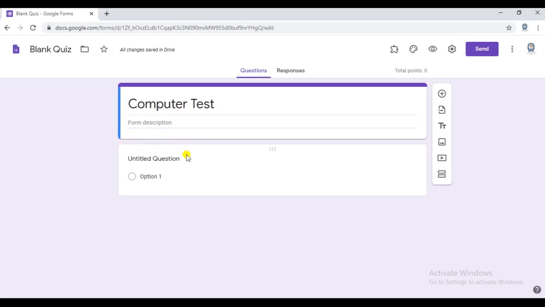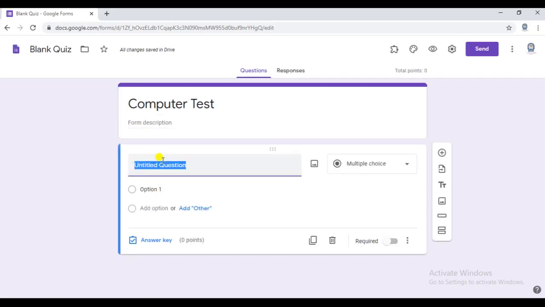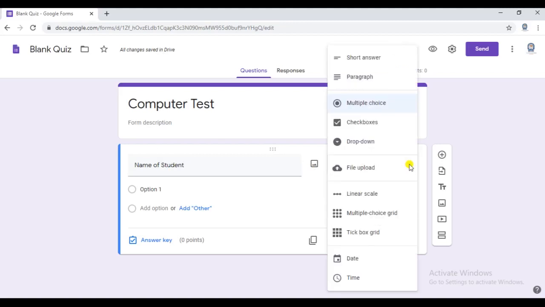Next, we have untitled questions and options. First you will click on the untitled question and type in the name of the student. The first required category is the name of our students, because before collecting the papers you should have the names. We'll go to the side option and click on short answer.